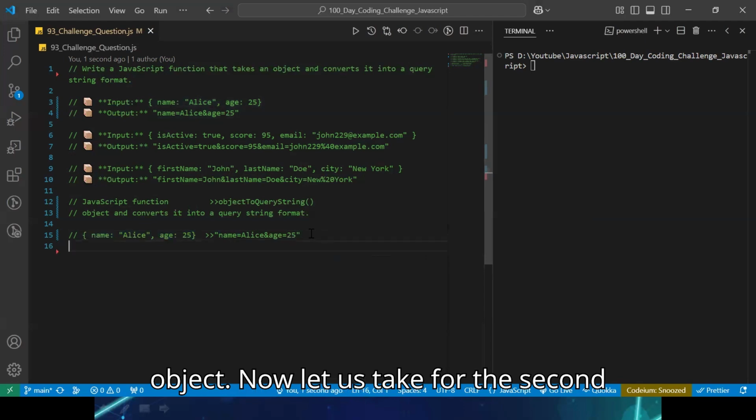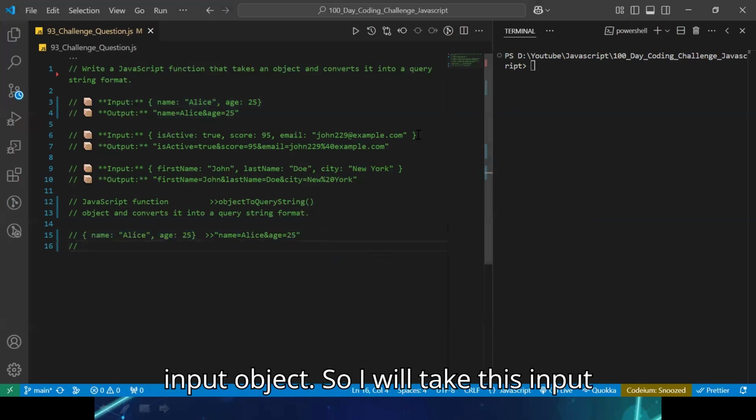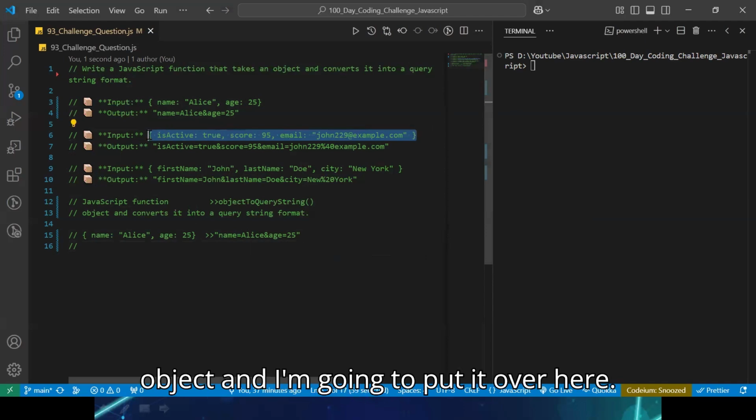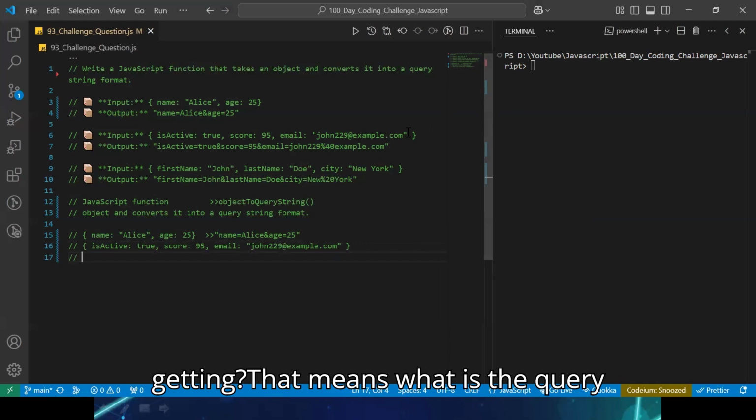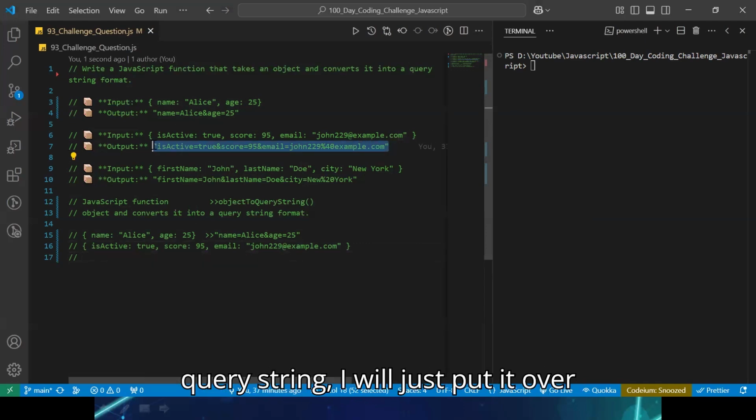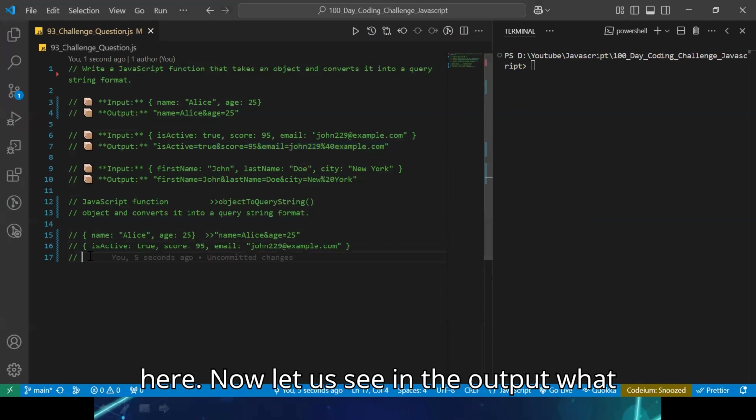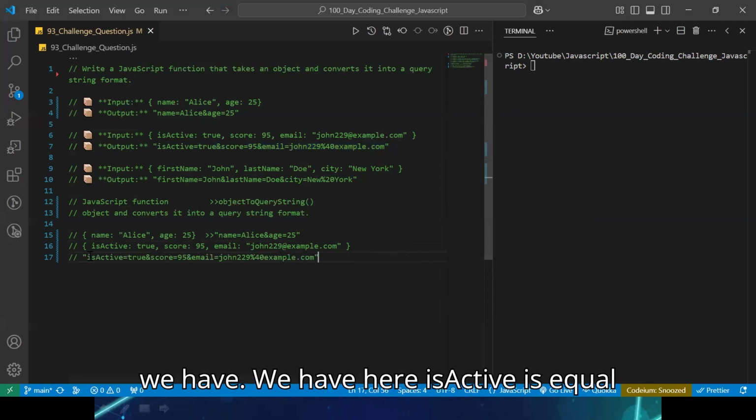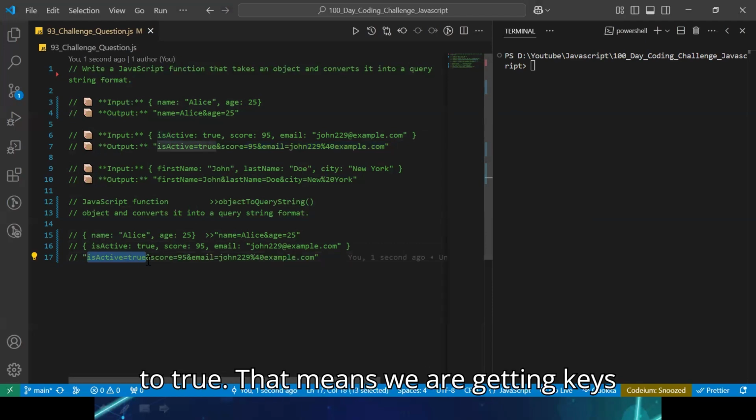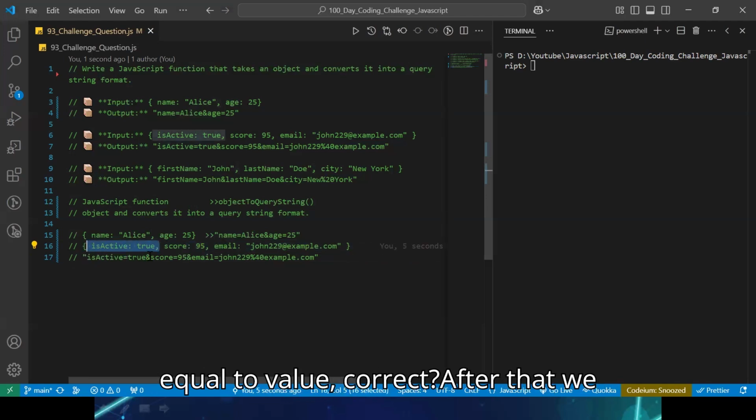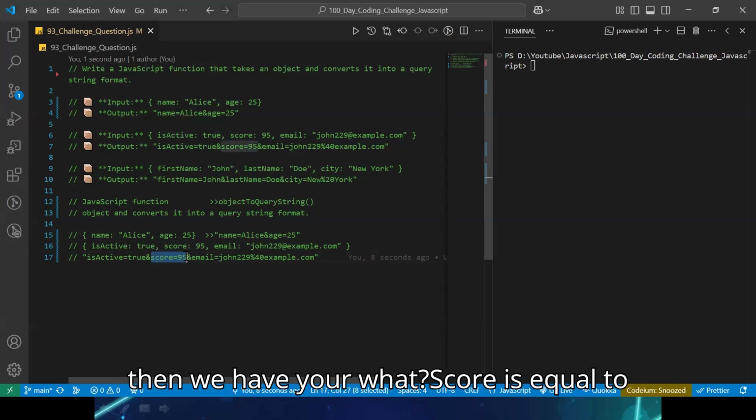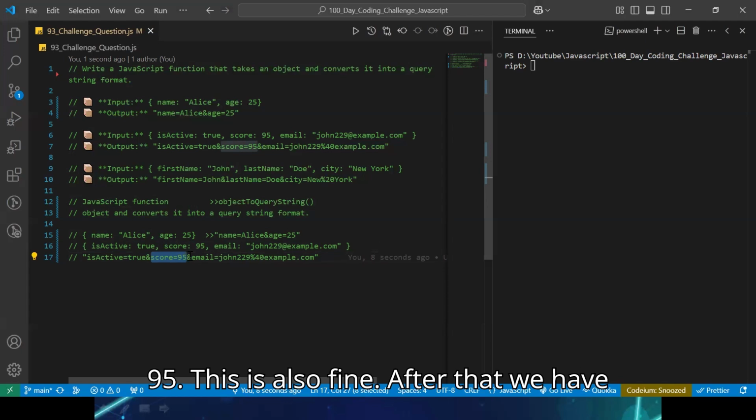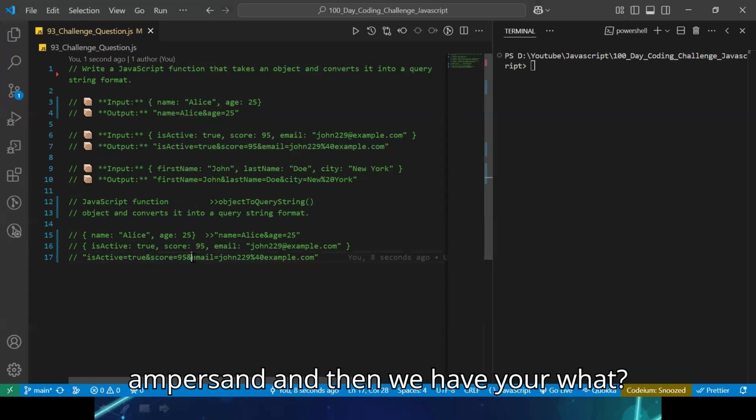Now let us take the second input object. I will take this input object and put it over here. What is the output we are getting for that? That means what is the query string we have? We have this particular query string, I will just put it over here. Now let us see in the output what we have. We have isActive=true, that means we are getting key equals value, correct? After that, we have an ampersand, and then score=95. This is also fine. After that, we have an ampersand and then we have